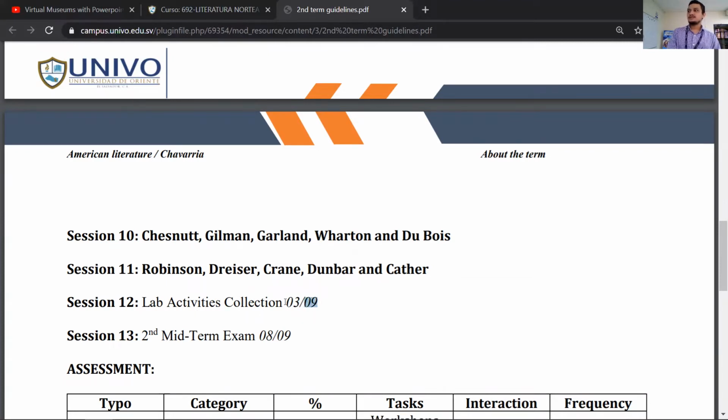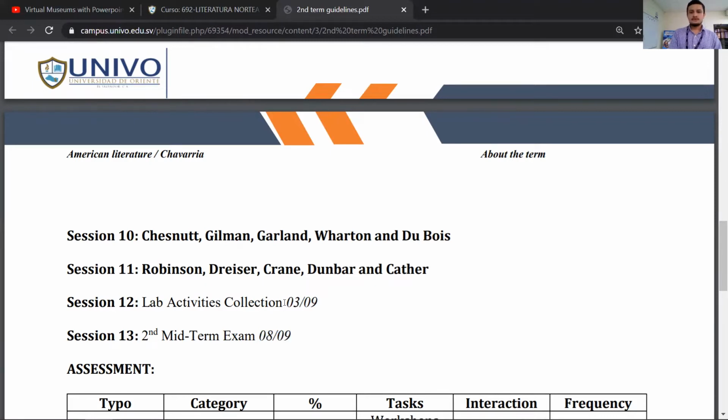I still have to change this date. That's going to be the 27th, I think the 25th of October. This one is wrong, I'm going to change it. This is going to be the 25th of October, and this one is going to be the 27th of October. So you don't get confused in that part.